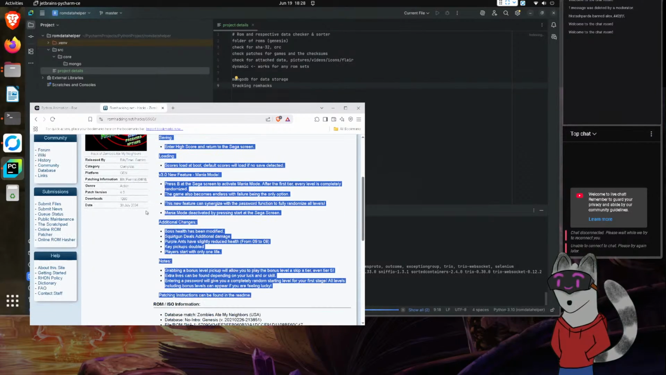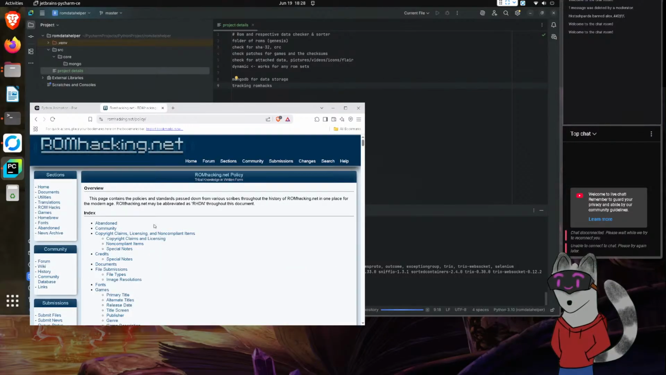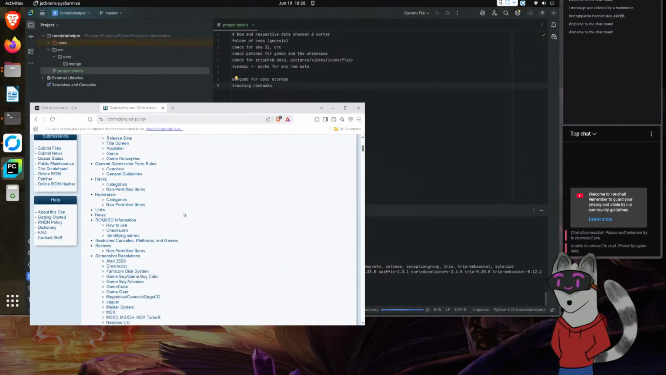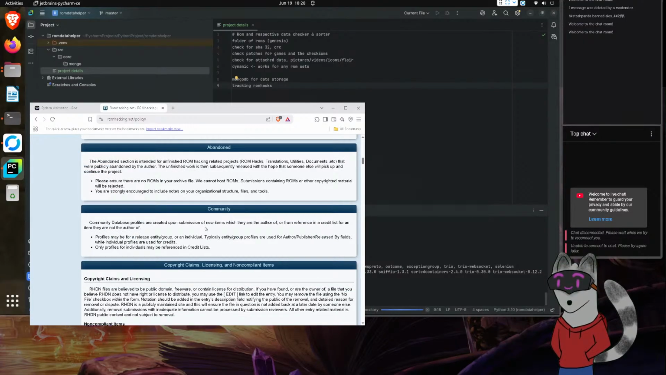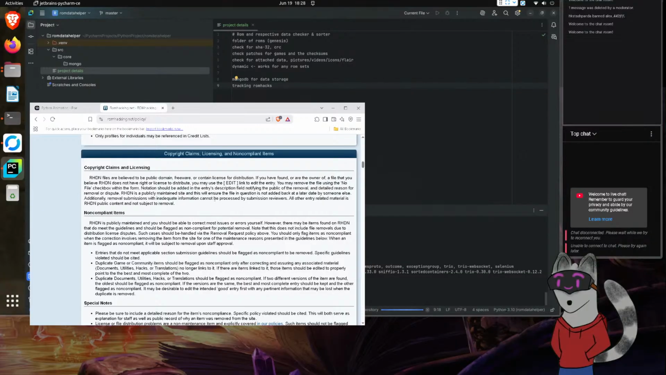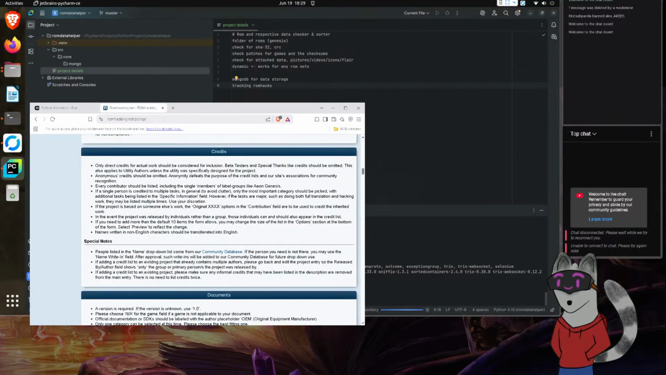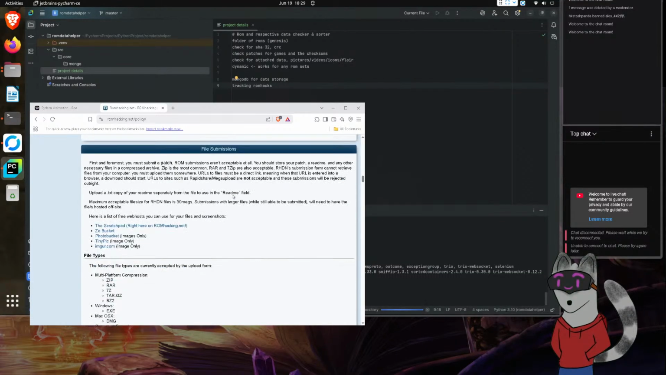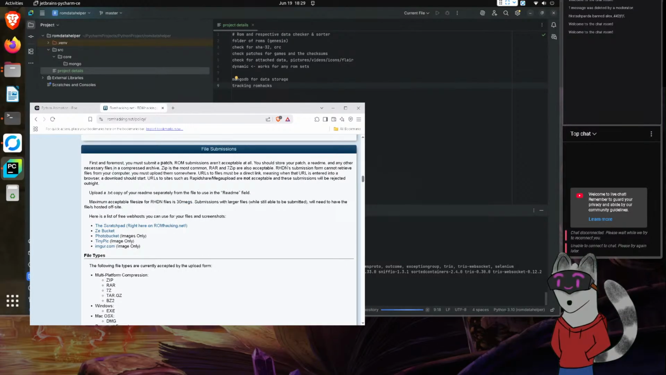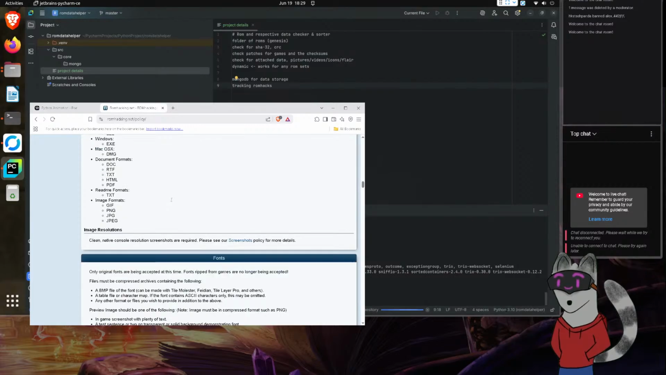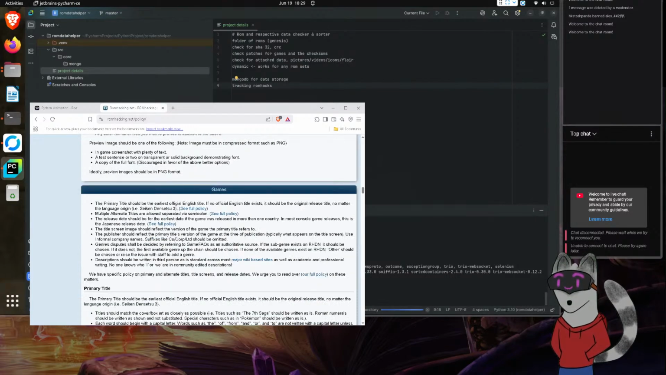Let's see. Databases. Do you have any databases? I see a dictionary. The ROM, the policy. Ooh, maybe we should check the policy real quick. Screenshot redistribution, abandonware, community, copyright claims, credits. All right then. Oh, here. First and foremost, oh, this is the patcher. Yeah, that's not what we're interested in. Fonts, games,